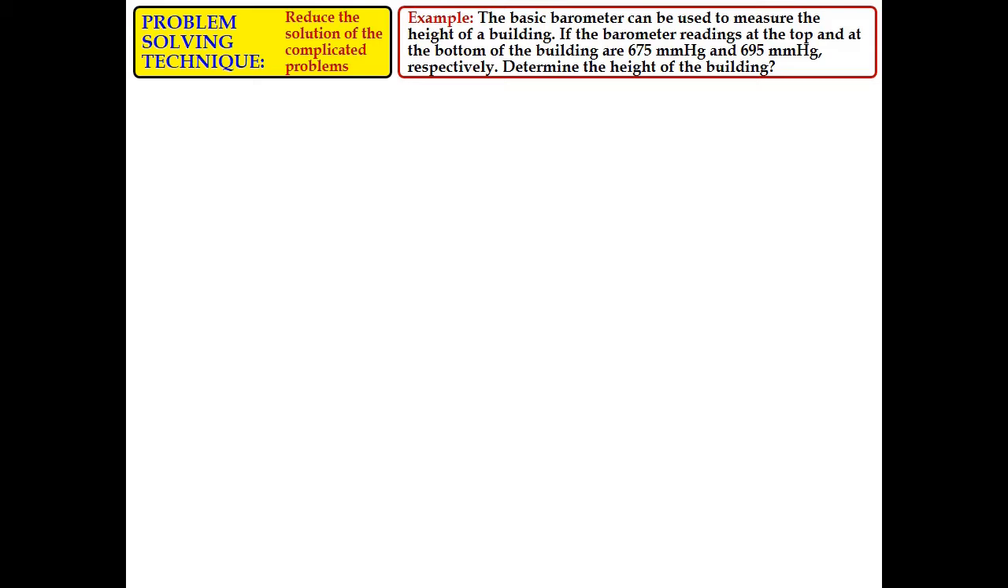The example of the question is: a basic barometer can be used to measure the height of a building. If the barometer readings at the top and at the bottom of the building are 675 mm Hg and 695 mm Hg respectively, determine the height of the building. So this is the question, and we want to solve it by using the problem solving technique. First step